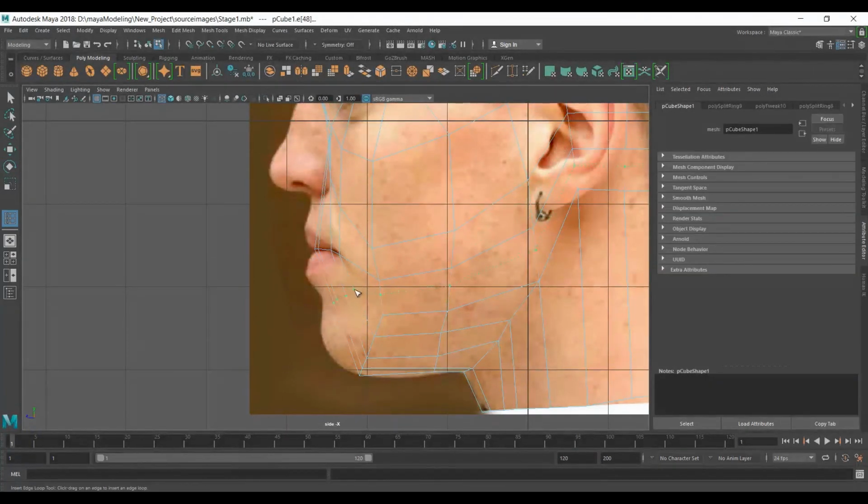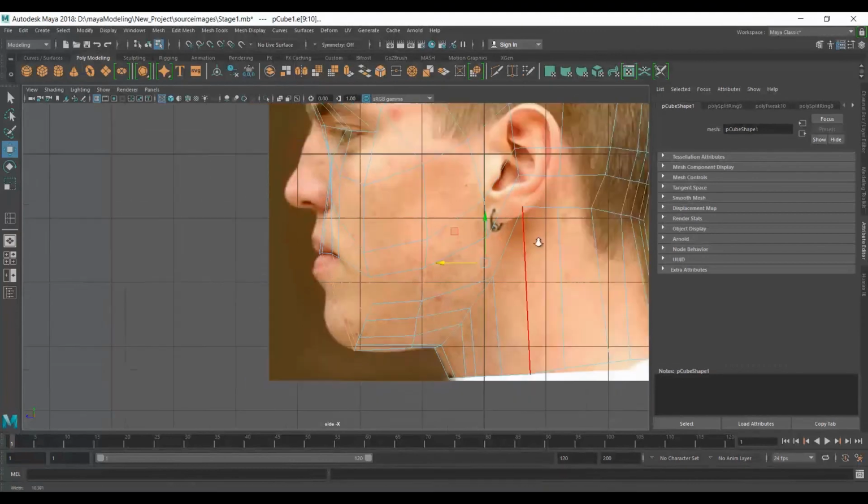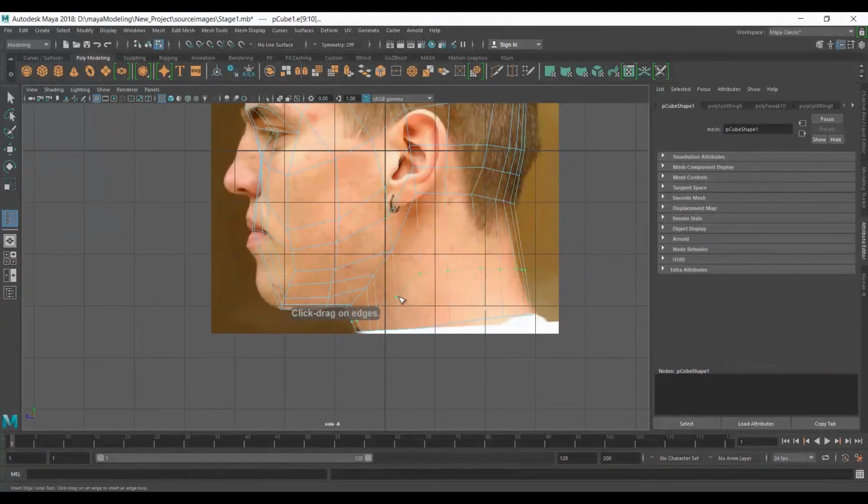Add more segments in the neck area and on areas where you find the segments are less.